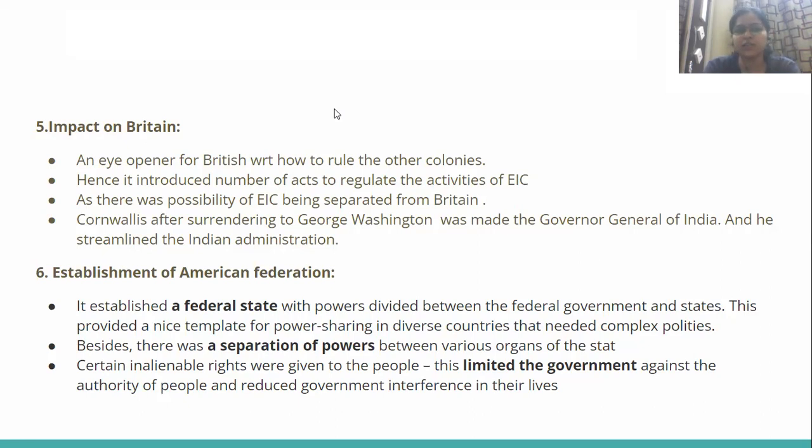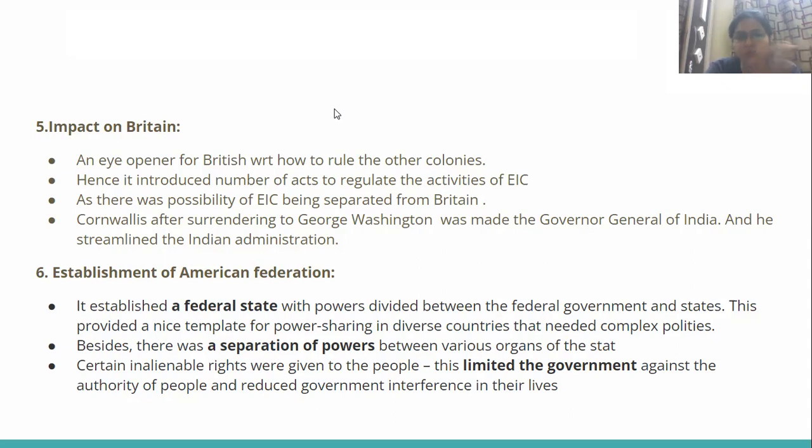One of the important things, we saw that Charles Cornwallis was a British commander who surrendered during the American Revolution. He surrendered to George Washington. After surrendering, he was given one more opportunity to rectify his mistake. This is a very rare example that after a defeat, a person is upgraded. So Charles Cornwallis, after his defeat in America, was appointed as Governor General of India. And he was given a task: the mistakes you made in America, we are giving you an opportunity to rectify them, and we want you to streamline the Indian administration.